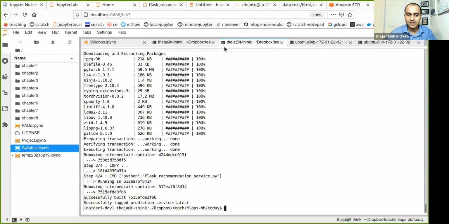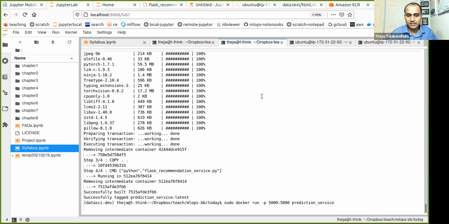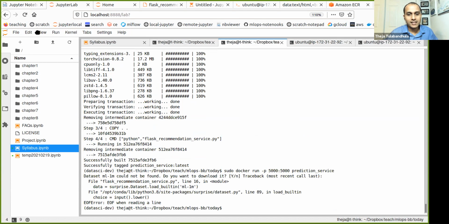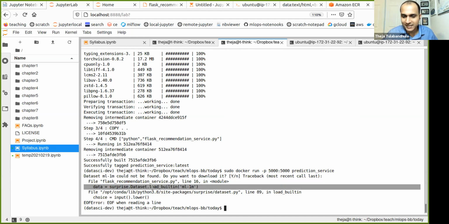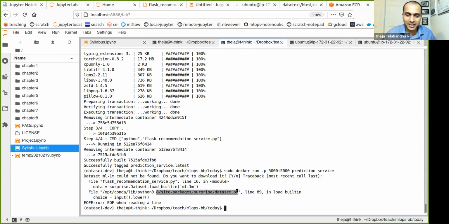Let's see. If I run this, no, there is still an error. Oh, okay, this is some error that I think is beyond the scope of this particular thing, which is about some dataset import. So let's not worry about it. Too many errors, I think, with trying to create an image with the recommendation model. If not the recommendation model, we actually have many other choices. I think I just chose the wrong example.